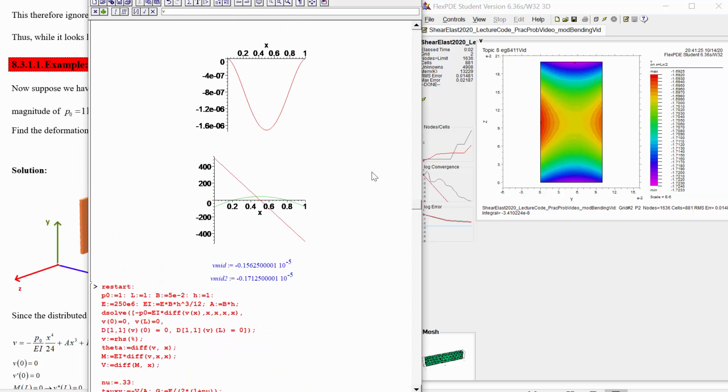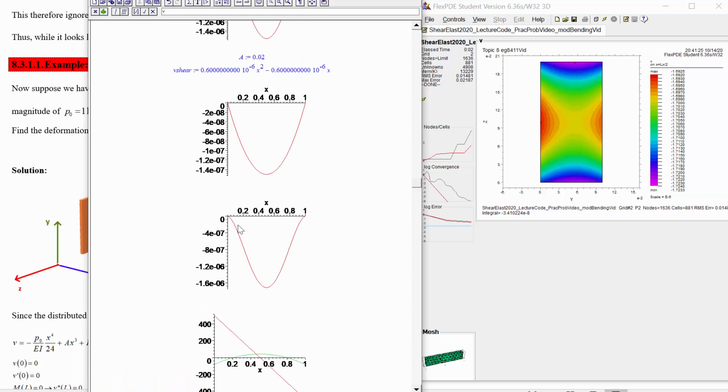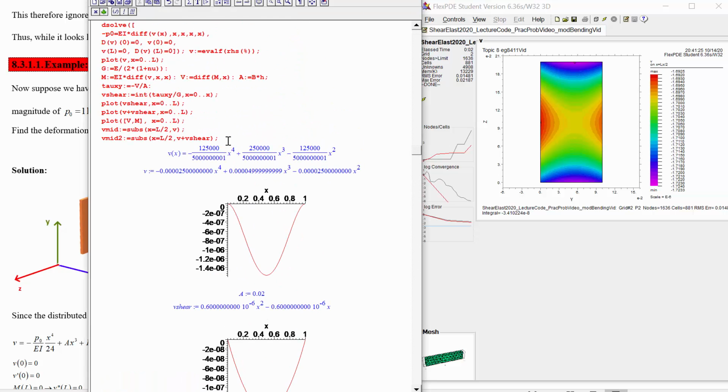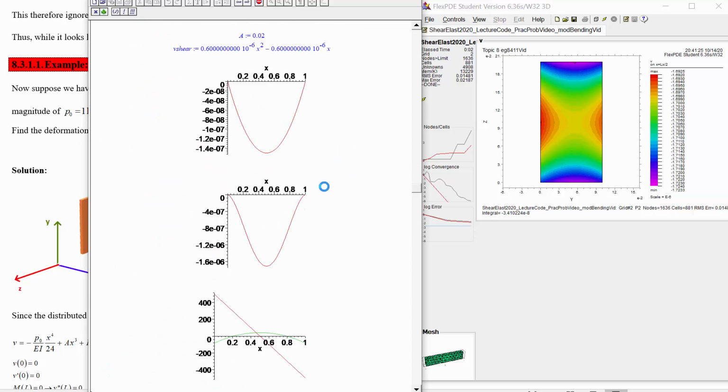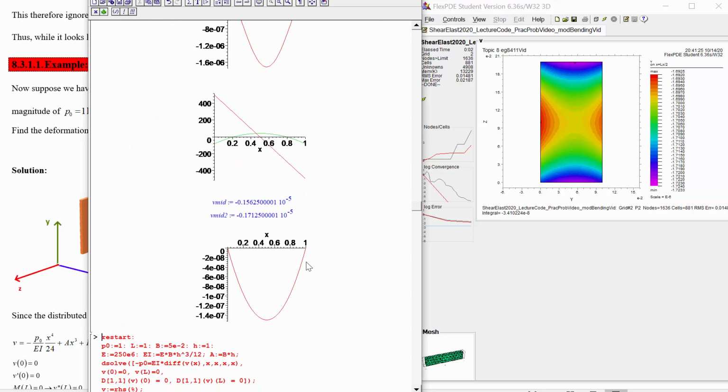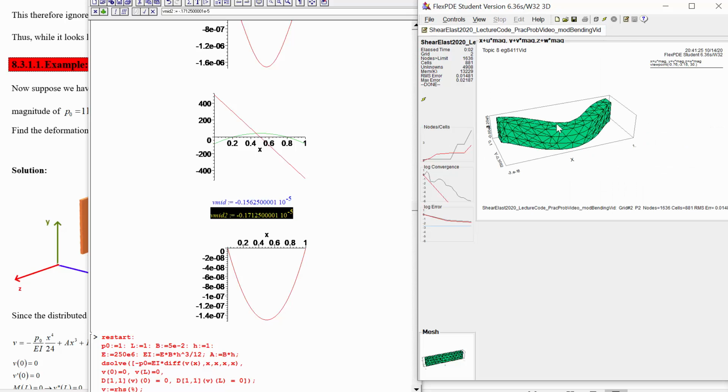Does this actually work at each end? So what about if we plot V shear all the way along this thing? Plot V shear X equals 0 to L. I think we might have already been doing that. Yeah, so it does go back up to 0 at the other end. So it looks like if we include the shear deformation in Maple, then we end up with a lot closer to the deformation that FlexPDE is giving us by including all of the deformations, not just the bending, but also the shear. So now that we've got this FlexPDE deformation, we can explore what was going on in these edges